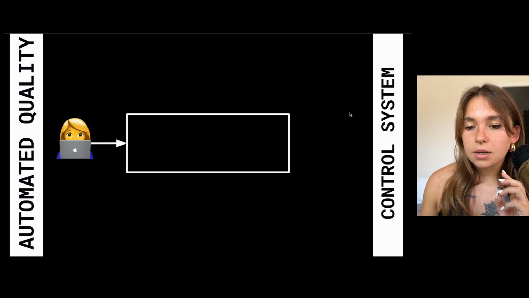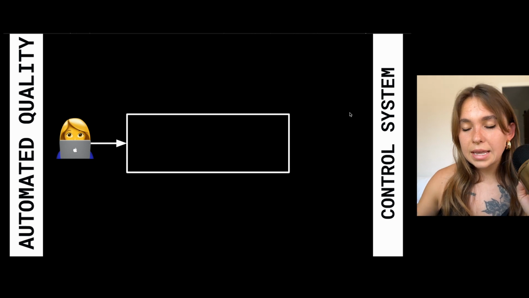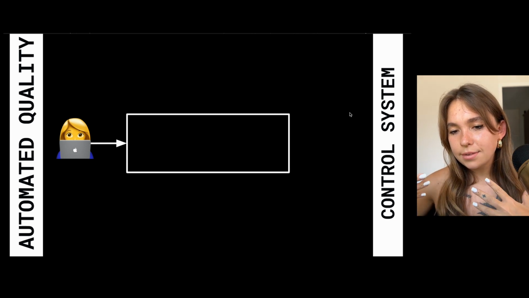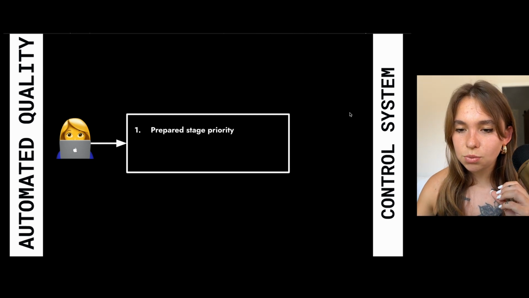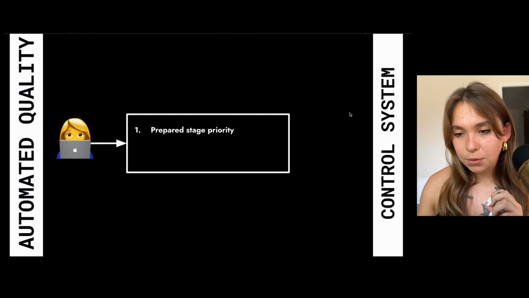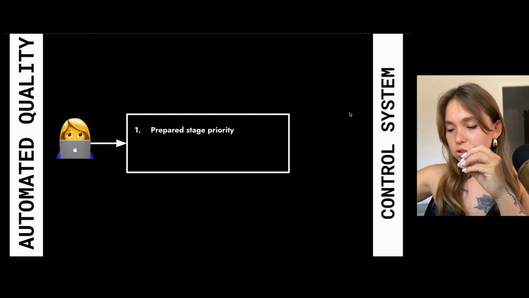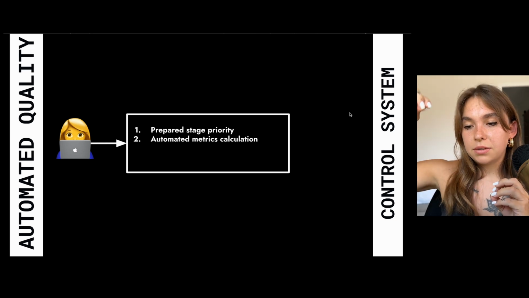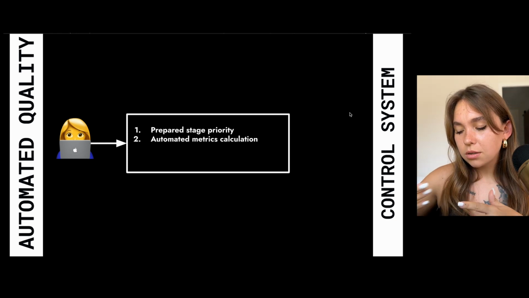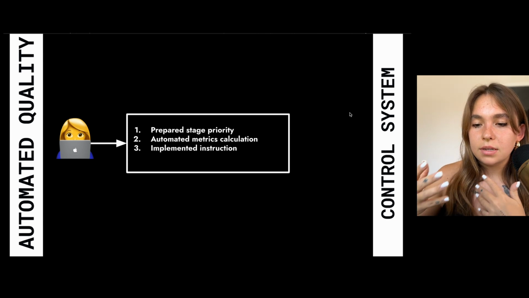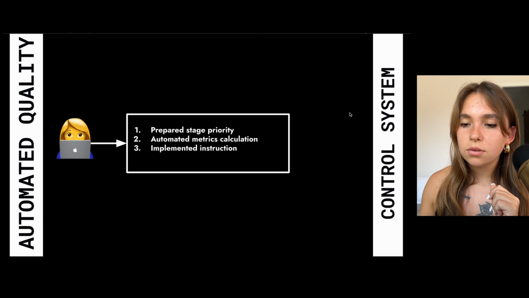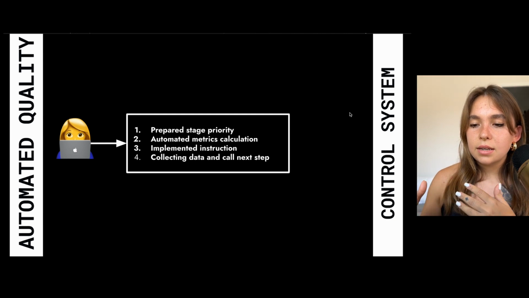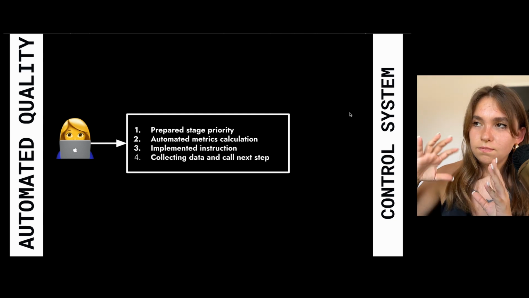So we have our developer team, and right now, any action will lead to calling this automated quality control system, which will prepare stage priority, so our different stages of the pipeline, automatic metrics calculation, so calculate all metrics, implement instructions. So okay, we have this metric, we have to do this and this, implement all instructions, and collect some data and call the next step. So really